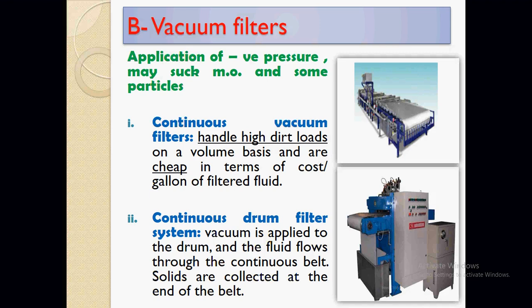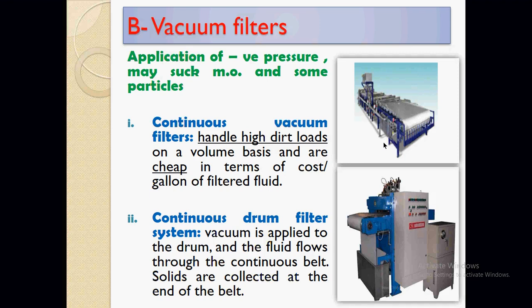Another type is vacuum filter. The application of negative pressure may suck microorganisms and some particles. It means that here in the vacuum filter we do not apply pressure. On the contrary, we draw the air out, negative pressure. Maybe you have seen it in the Buchner funnel and others. They apply a negative pressure, meaning they evacuate the air so that the liquid goes down, but this is usually not used for sterile filtration because the negative pressure may suck down some microorganisms and therefore it's not good for sterile filtration, but we can use it